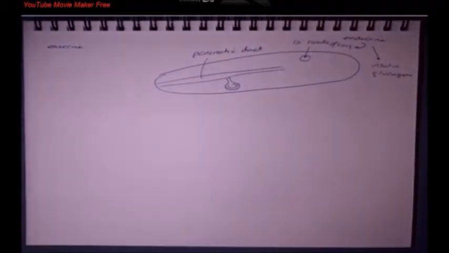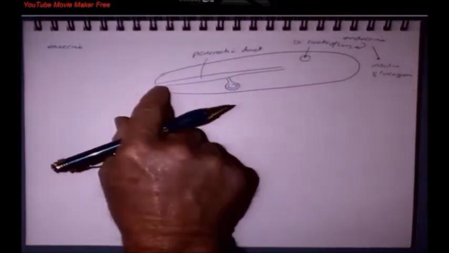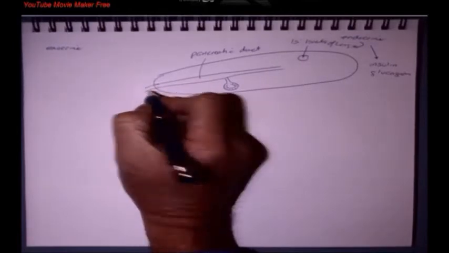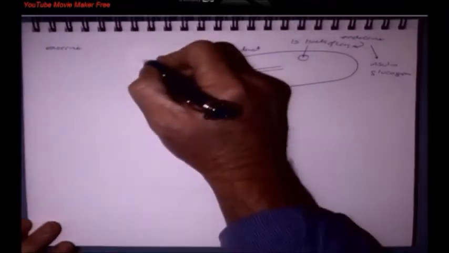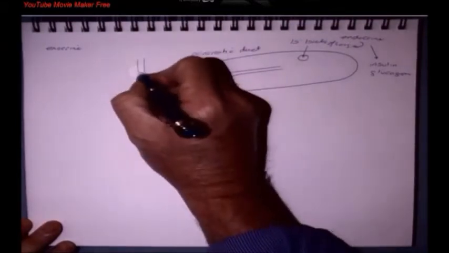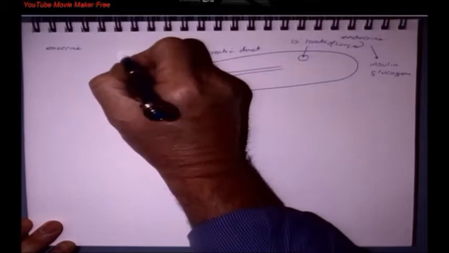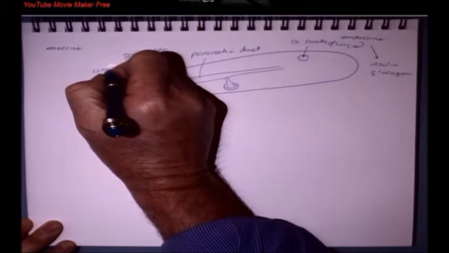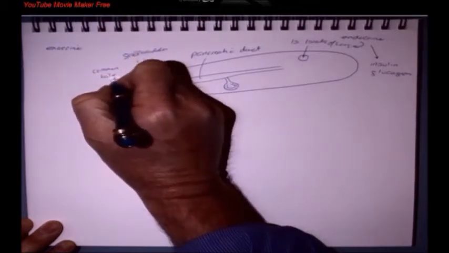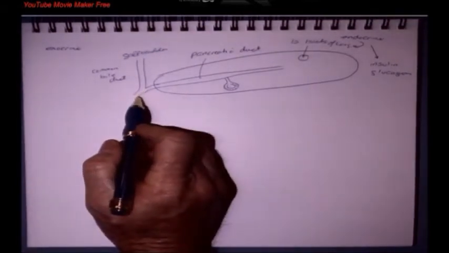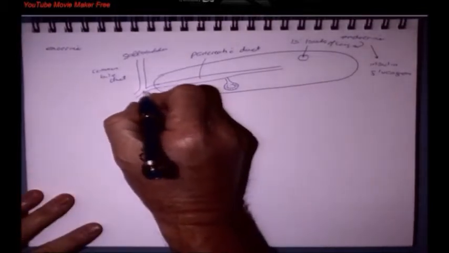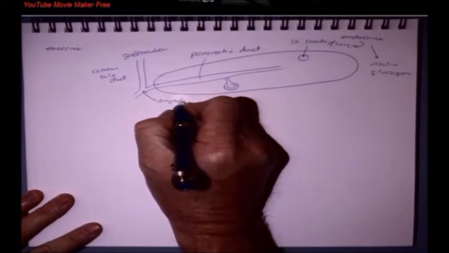So where I want to join these three different organs together is at the very end of the pancreatic duct. Now the pancreatic duct is going to be joining another duct. And that is going to be coming down from the gallbladder. And that, of course, is called the common bile duct. Now, at this juncture, I like to call it the confluence, because it's like two rivers coming together. This is called the ampulla of Vater,